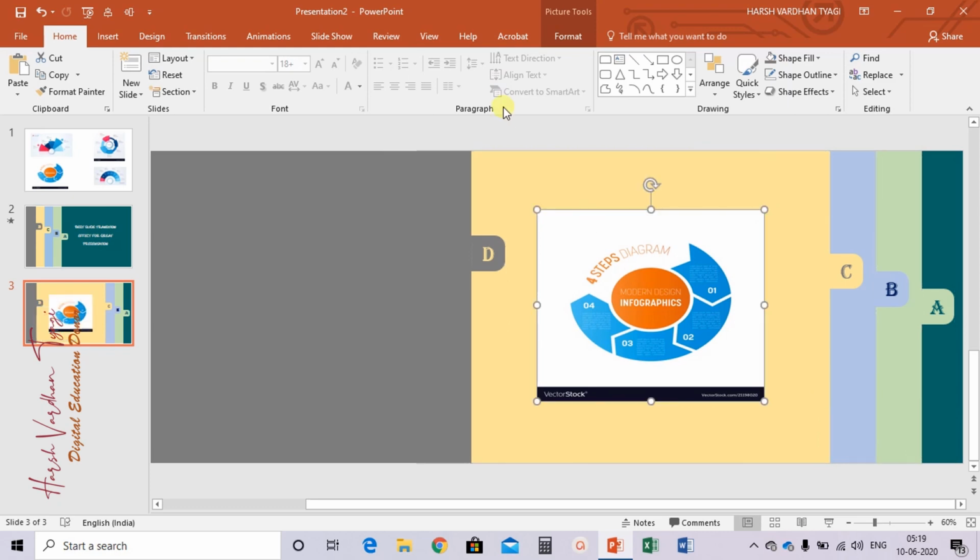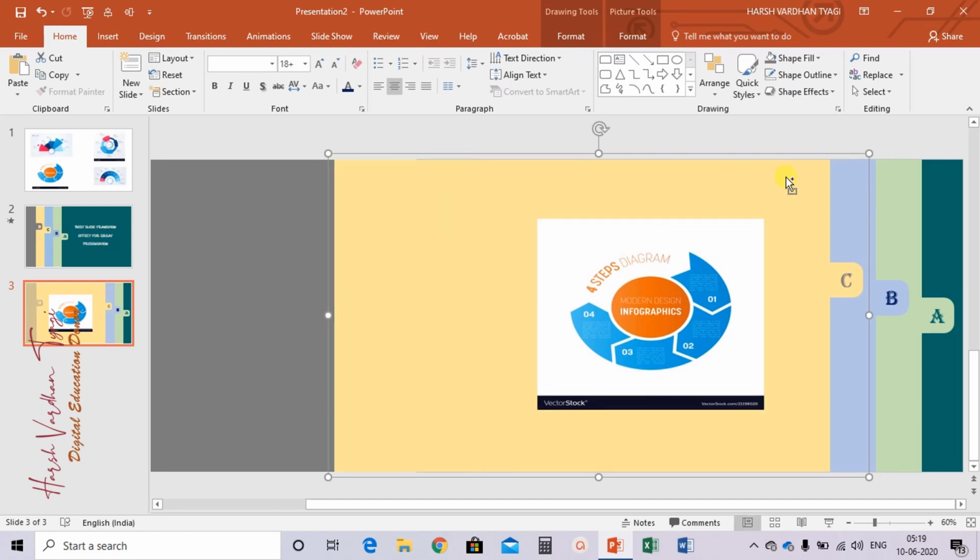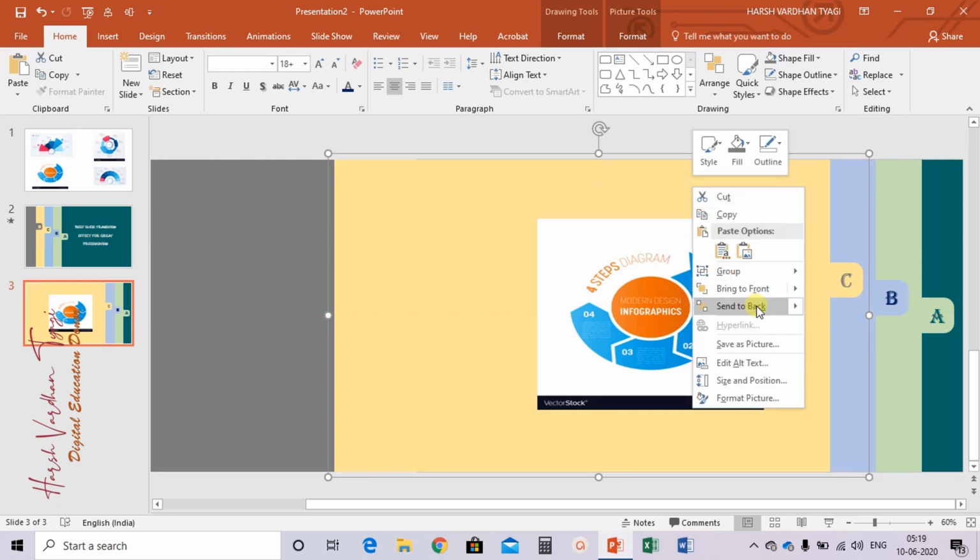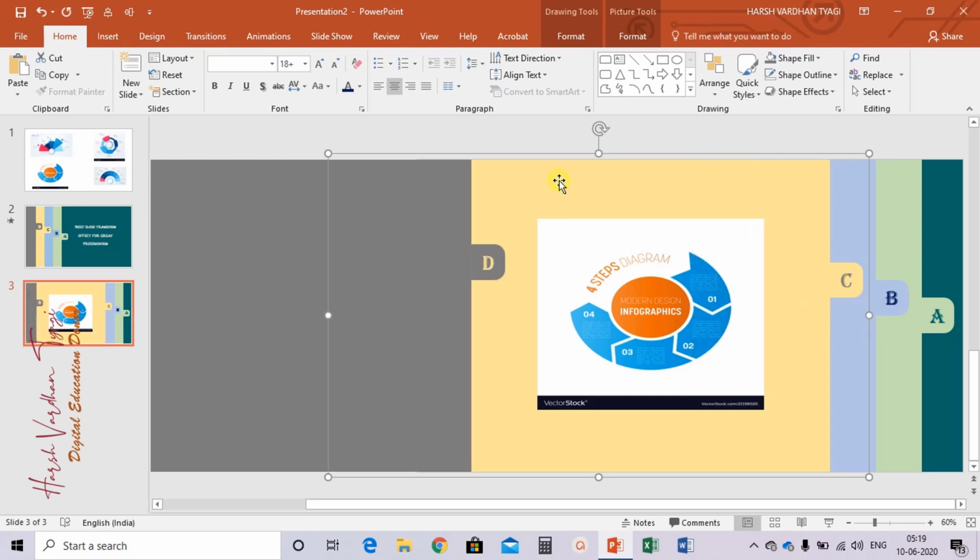Fine. Select the image, press shift key and select the shape, then Control G, right click on this shape. Now this time you need to send to back and click on send backward only once.